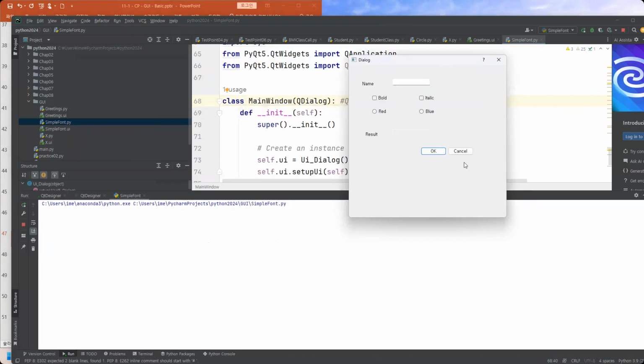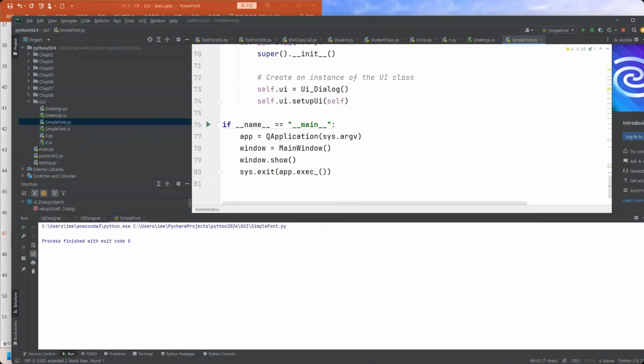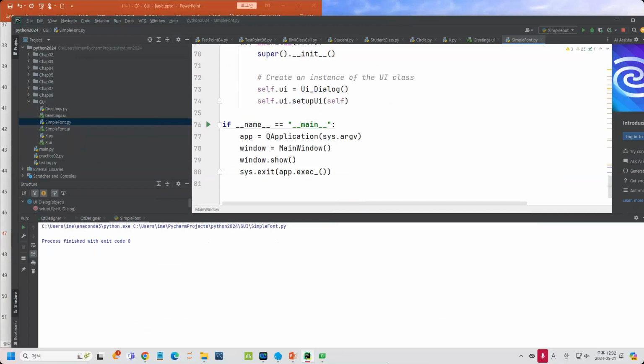So you can see like this one. So please, if you follow my step, then please put the Q dialog and then change this into Q dialog. So the next step is